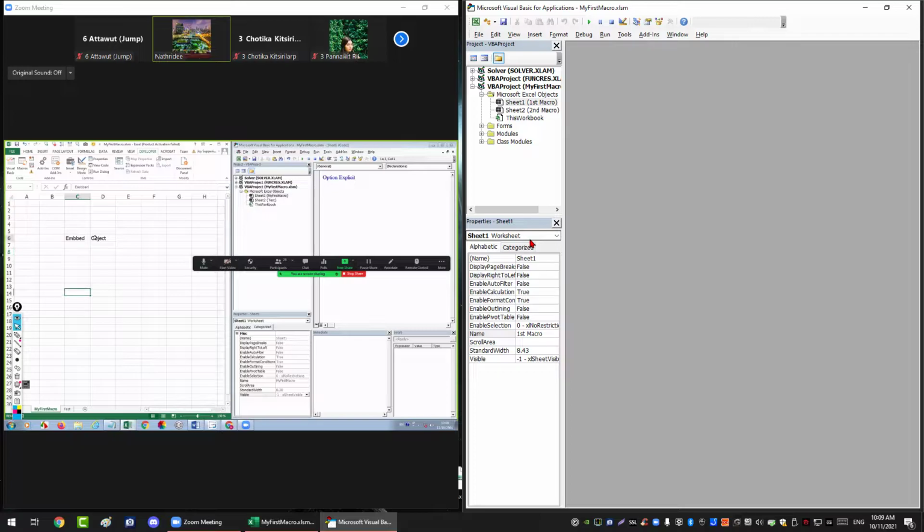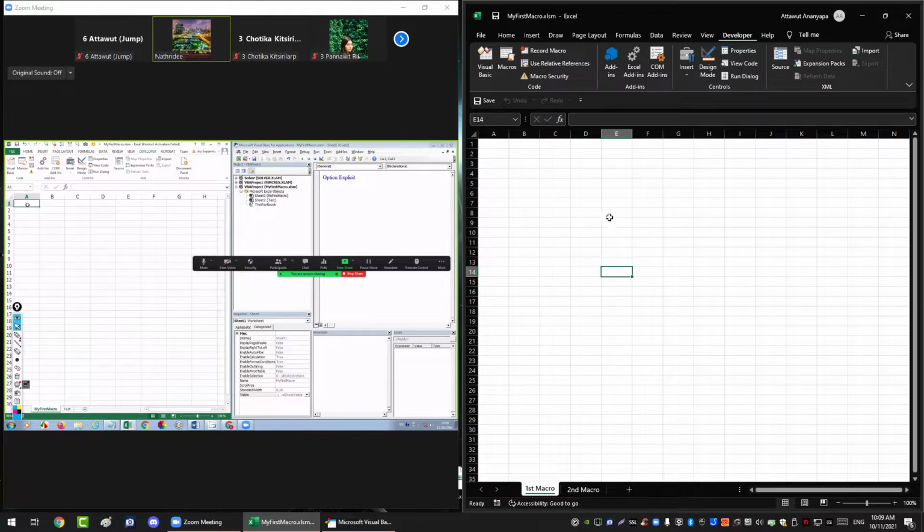Okay, so now our first macro. Suppose that I want to create a signature. Every time I press a shortcut key that I'm going to create, or a button I'm going to put on the menu or quick access menu here,